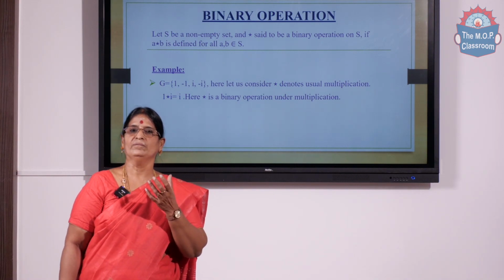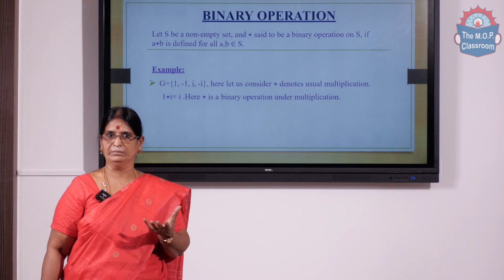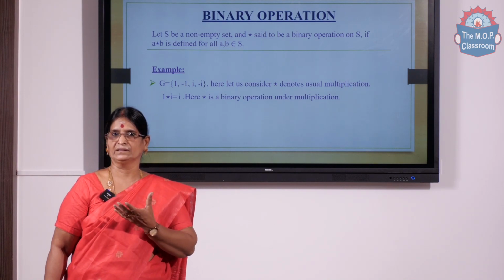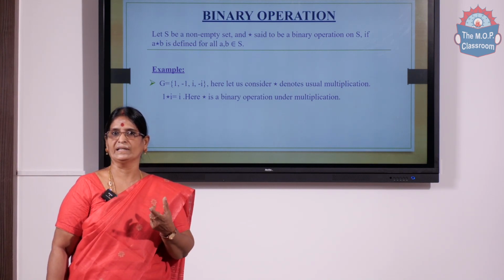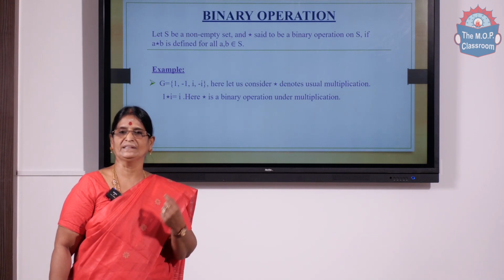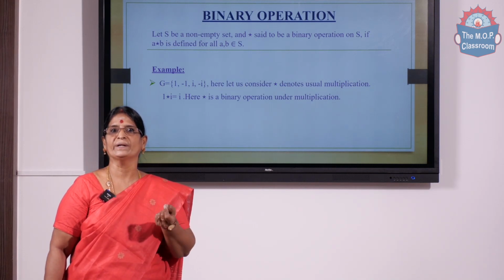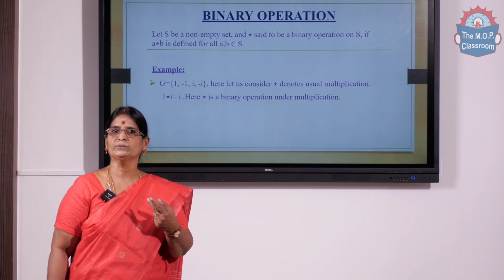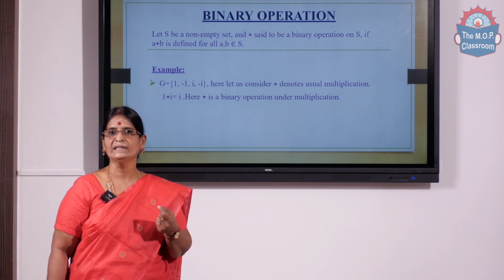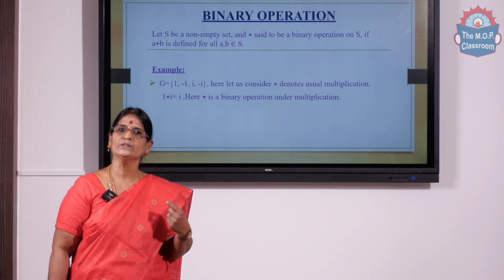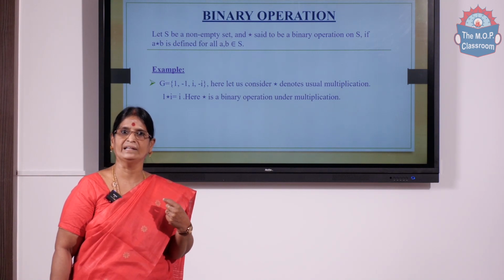For example, consider the set of natural numbers, starting from 1, 2, 3, etc. Let us take addition as the arithmetic operation. So, 2 plus 3. At a time, you will be able to operate it on only two elements. That is why this operation is called a binary operation. Here we are going to denote the binary operation generally by star.